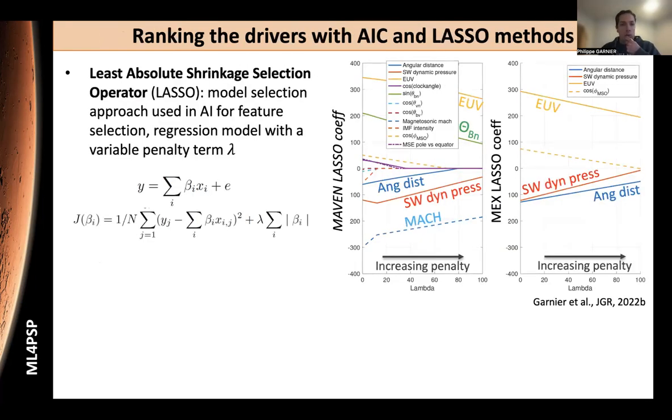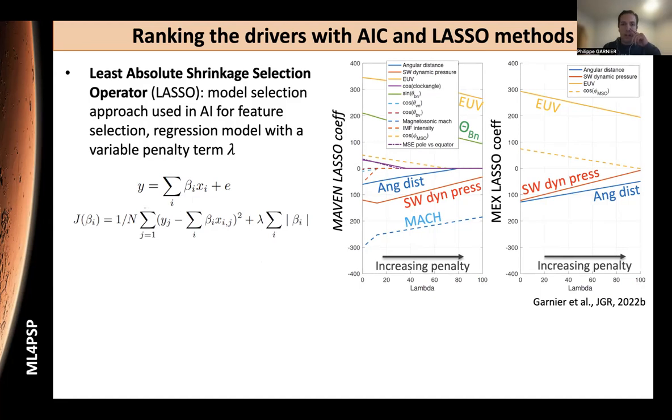So second method I used was the lasso feature selection approach that I will not detail a lot, since I guess in the audience you know that it's a classic method in artificial intelligence. So just a regression here with coefficients, and also mostly a variable penalty term to avoid overfitting, penalty term over the sum of the coefficients. And this gives you the coefficients for each of the drivers that are shown here for MAVEN and for Mars Express on the right. And you can see that the larger coefficients correspond to the magnetosonic Mach number, to EUV, to also the angle theta BN, meaning that